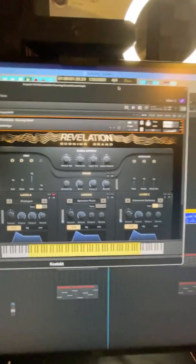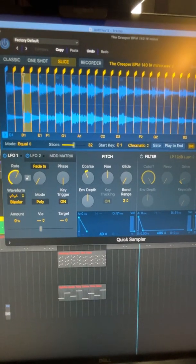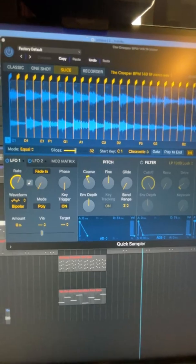Really just 2 chords, but layered with those pads, it adds a whole different element. And then the main melody, the melody that I started with, was actually from my